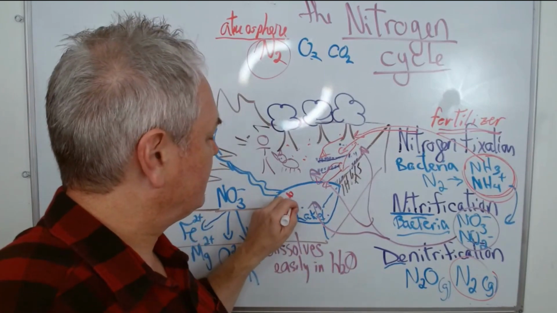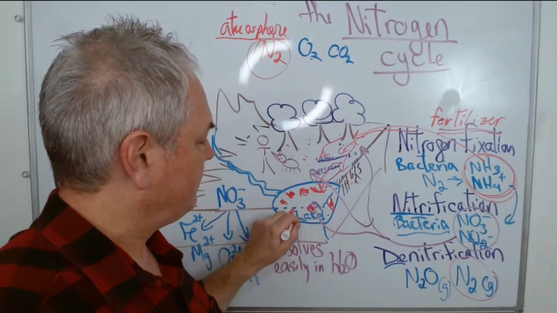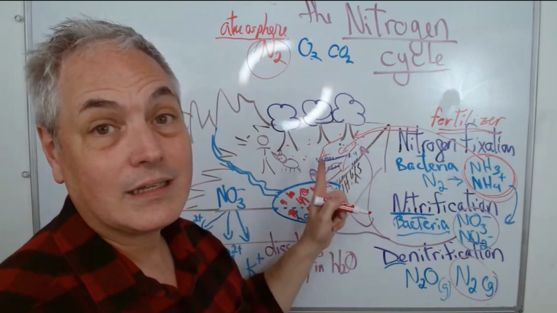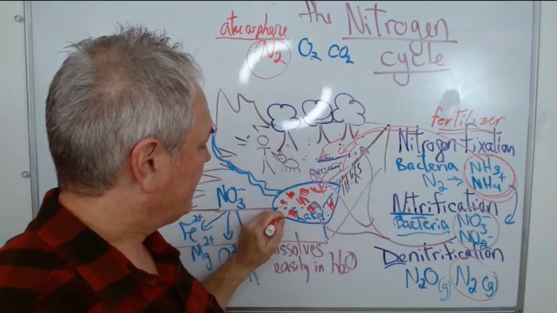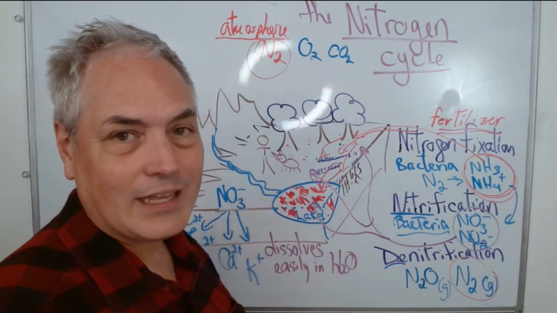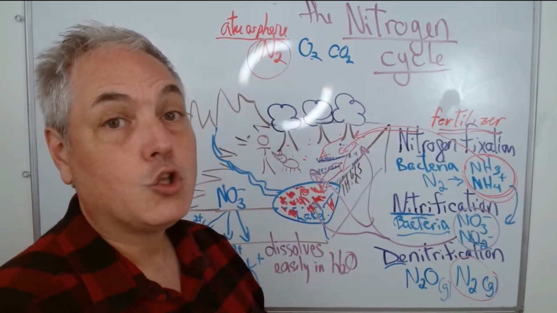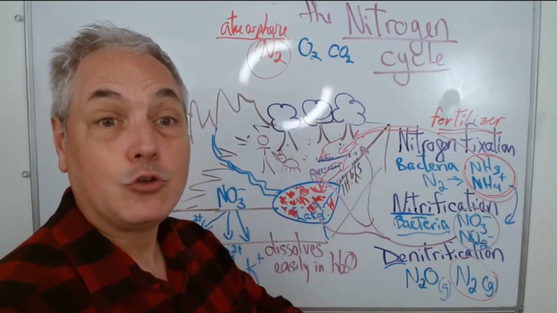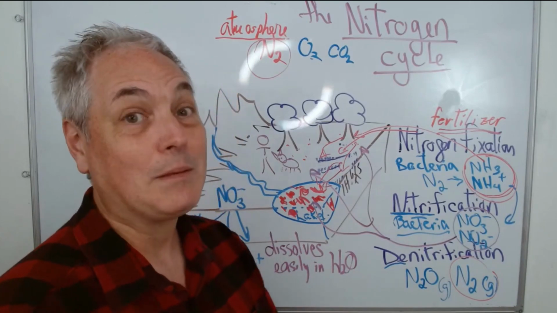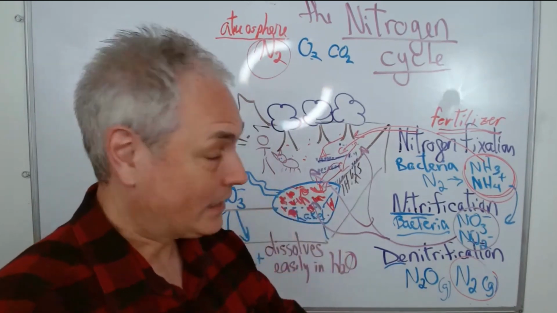So what happens here is that you have algae that receive nutrients through the fertilizers put there by humans, and then you end up with environments where there's more and more nitrogen, and we have an issue that we call eutrophication. And if you want me to do a video on eutrophication, I'll be more happy to do that for you. Or if you want me to clarify that later, I'll do that as well.